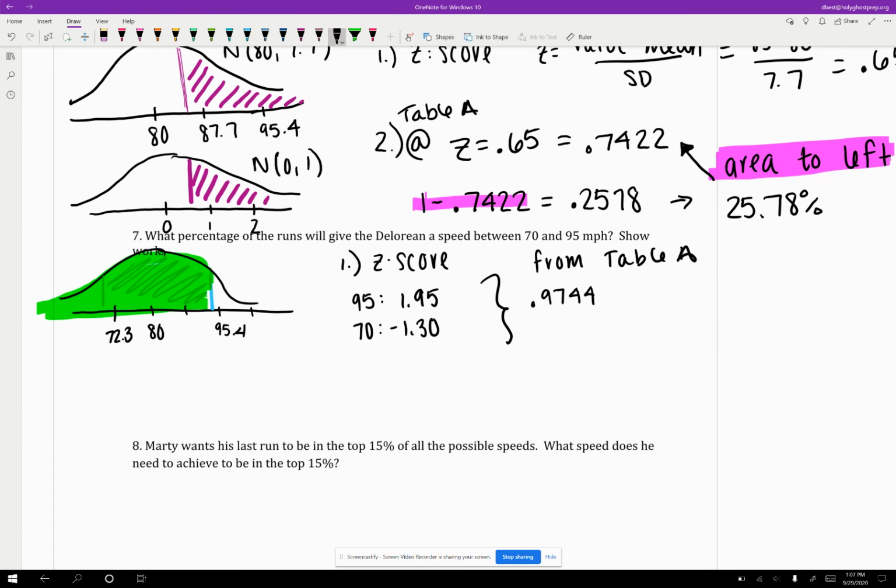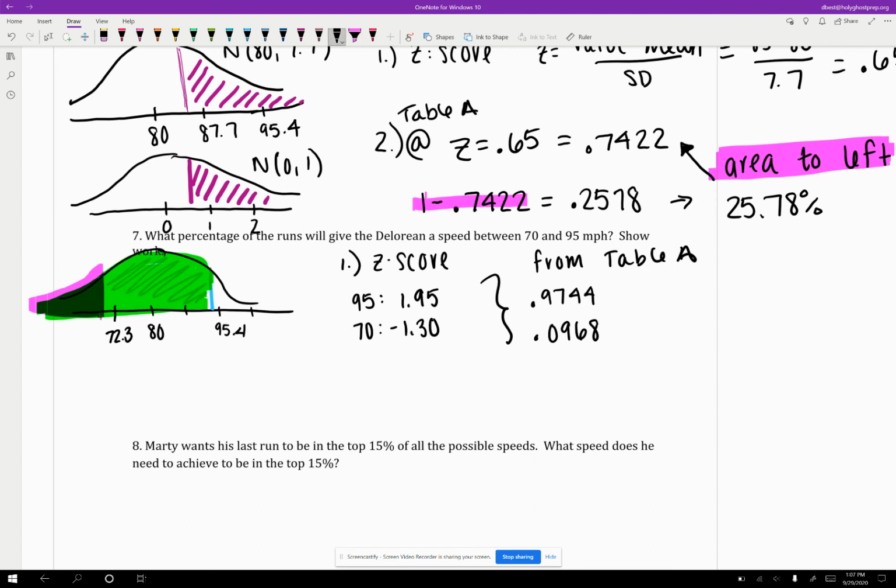My z-score for 70, which had a z-score of negative 1.3, was 0.0968. And again, I'm going to highlight this on my diagram. So that includes everything to the left of this line,